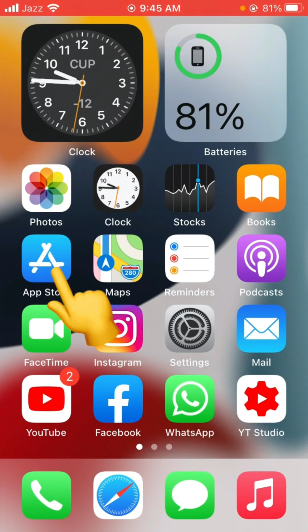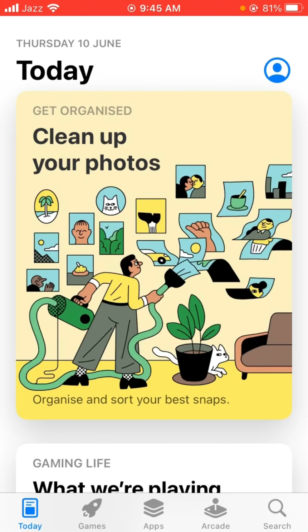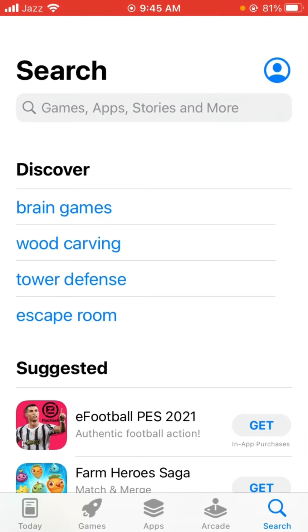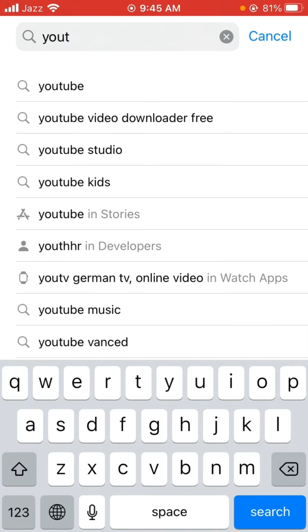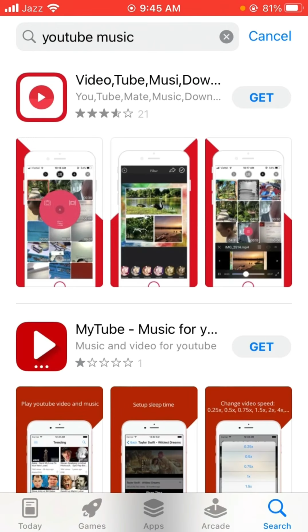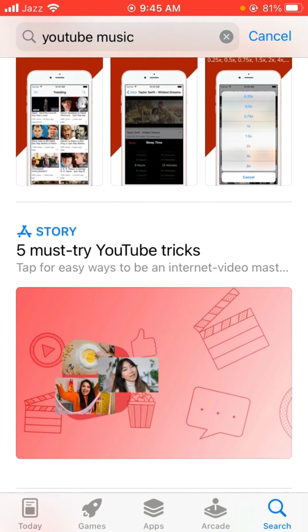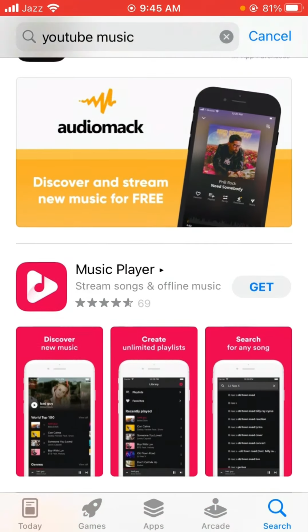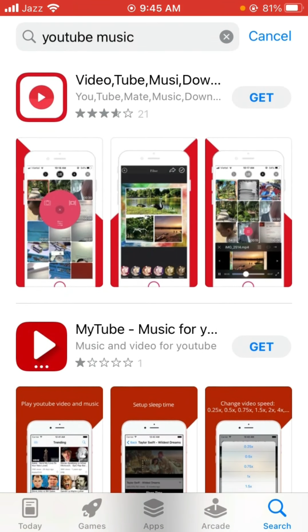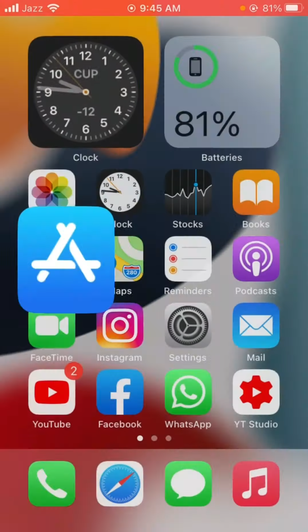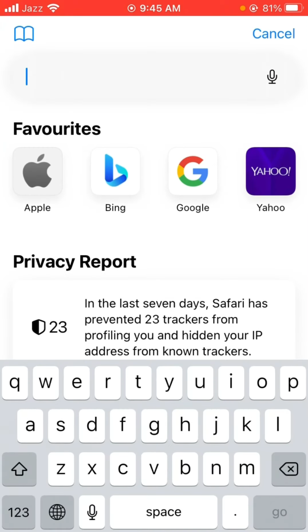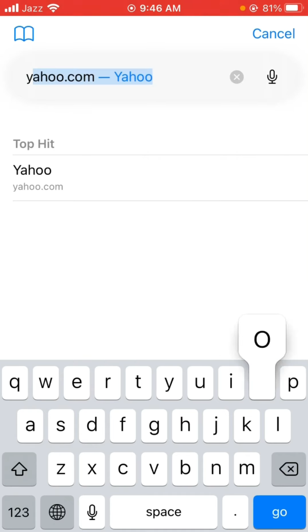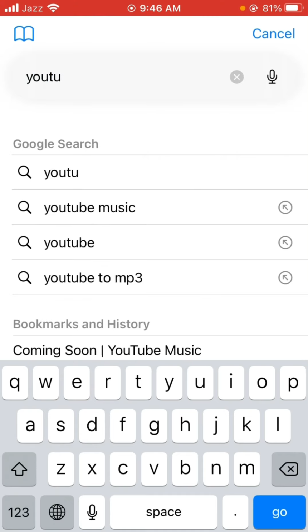First of all, as you can see, I open the App Store on my device and search for YouTube Music. As you can see, YouTube Music is not available in my App Store. And if I try it here in the Safari app for YouTube Music,